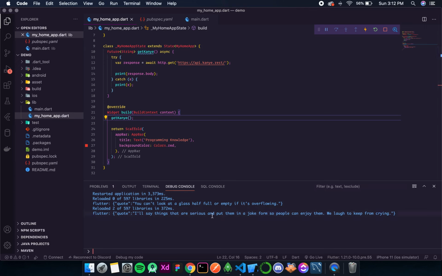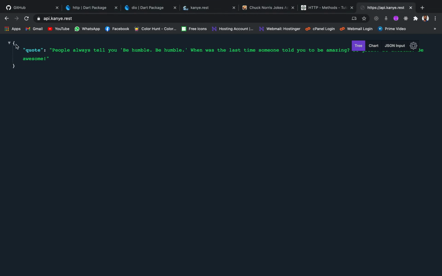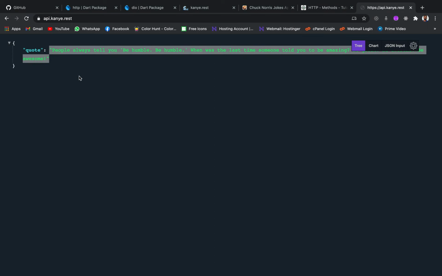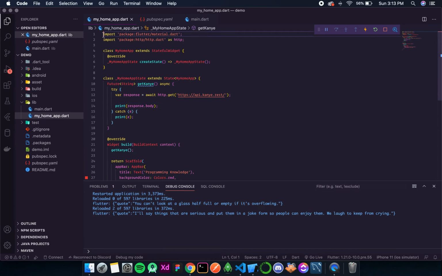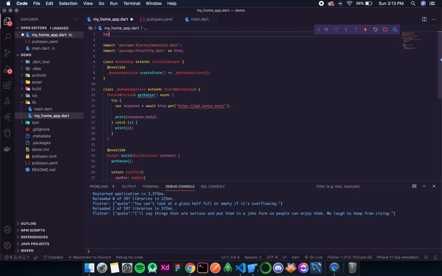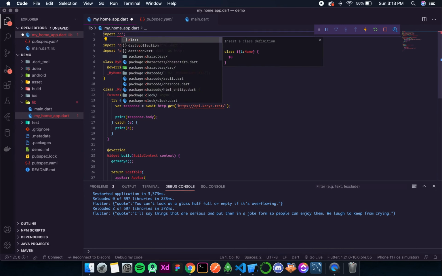Now since we have a response, let's try updating our UI. Over here this future needs to return a string. My requirement is only this string, but right now the body is printing this entire string. The body is in string format, but if you look closely or look in the browser, it is actually a map which has a key and the value which we are interested in. So to convert a string back to a map, we need to use a Dart package, and we will import that Dart package, and that is called convert.